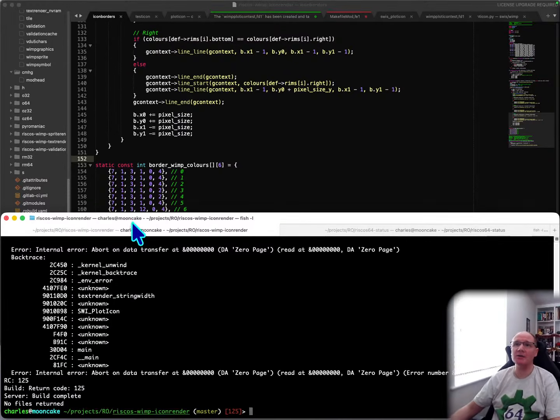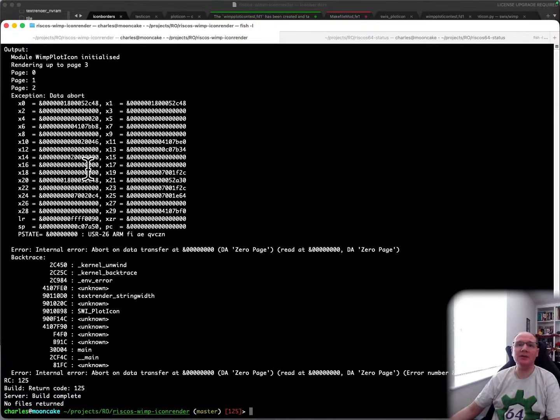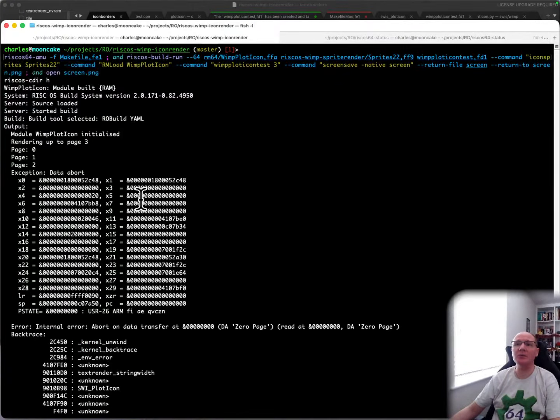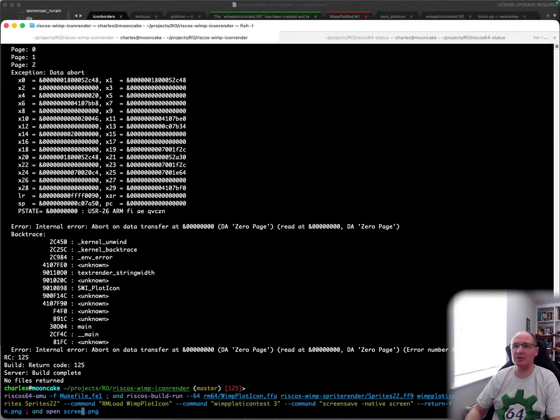Yay, we got a crash. Good. So this crash here, if we look at it, we're crashing, and we don't have any more information about it. What we can do though is turn on some debugging just to prove what's actually going wrong here. So if we do